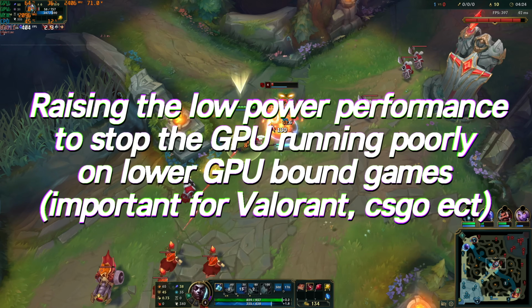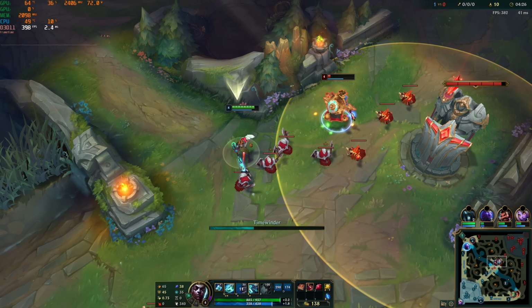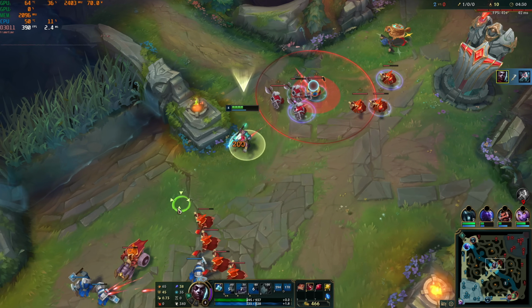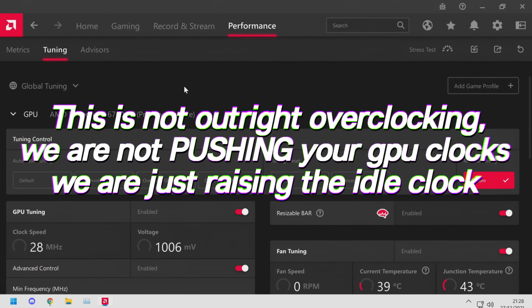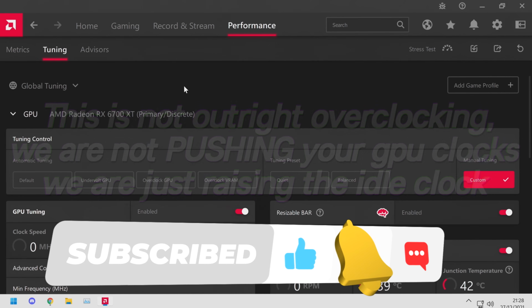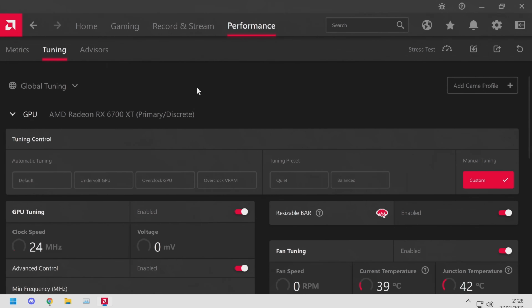By all means, use as many of the settings which I'm about to go over as possible, but if you are missing any settings and you can't set them on your GPU, you can just simply skip them. This is not going to be an extensive Radeon GPU overclocking guide. That will be coming soon to the channel, so if you are interested in that, please do stay subscribed to the channel. The main settings we're going to be setting up right now is to just alleviate any performance